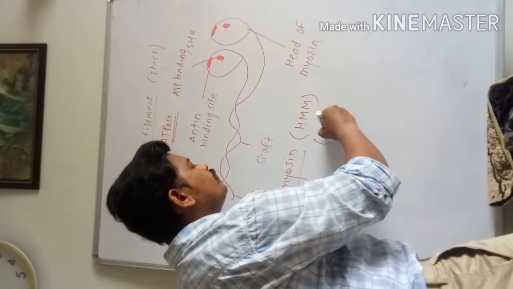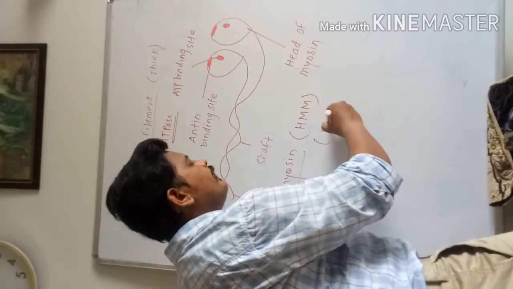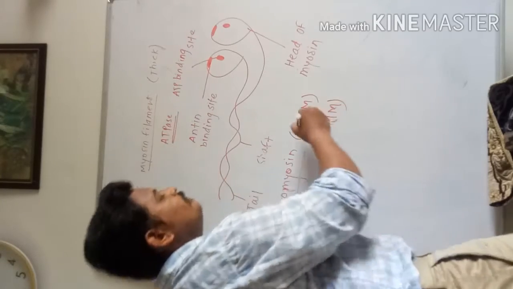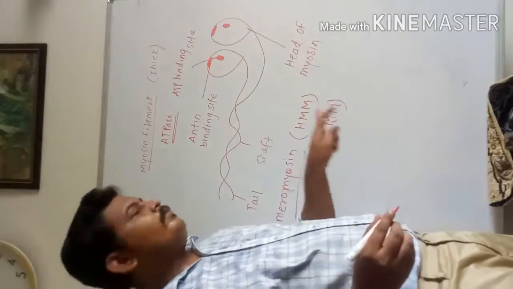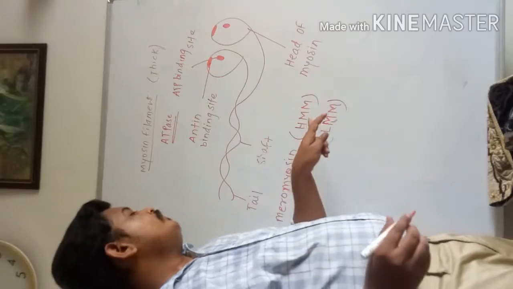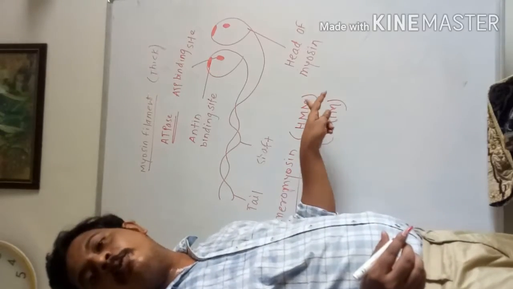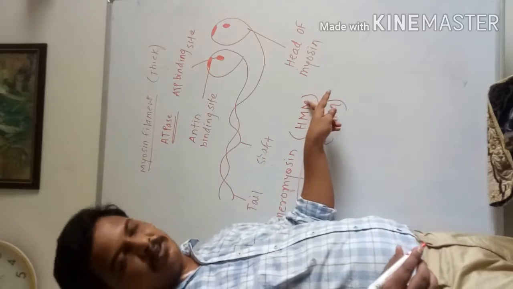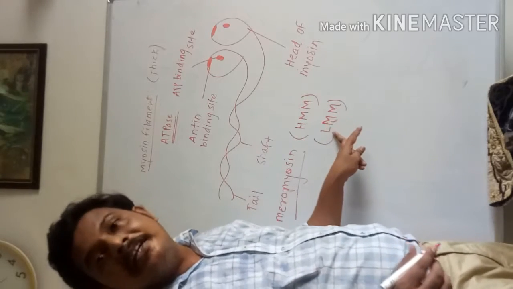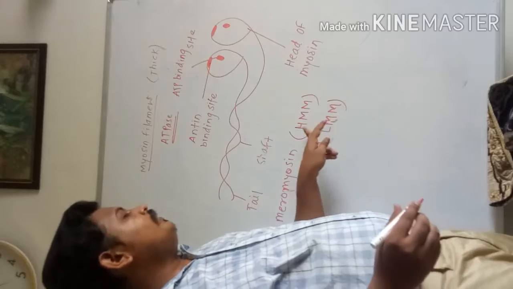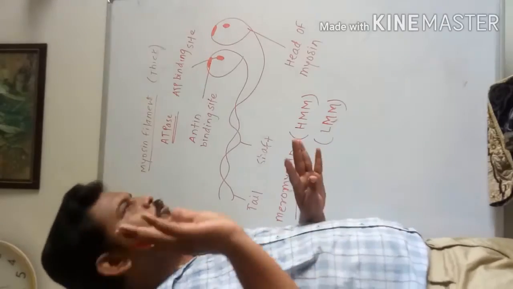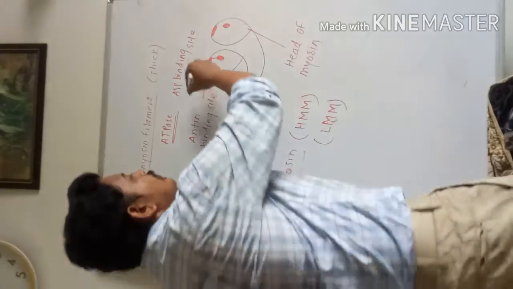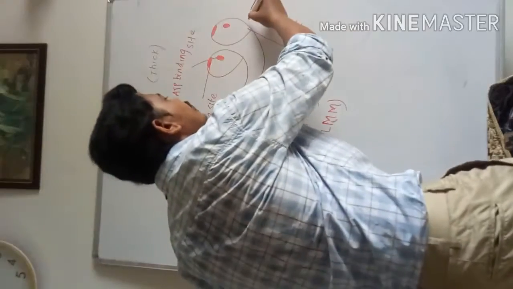HMM और एक होता है LMM. So what is the difference between HMM and LMM? H stands for heavy meromyosin, L stands for light meromyosin. So remember that, आपको याद क्या रखना है कि हेड और ये क्रॉस ब्रिज, यहाँ पे जो पार्ट दिख रहा